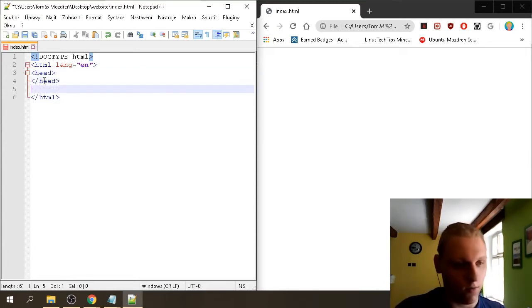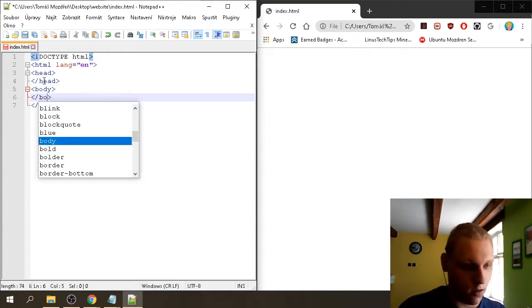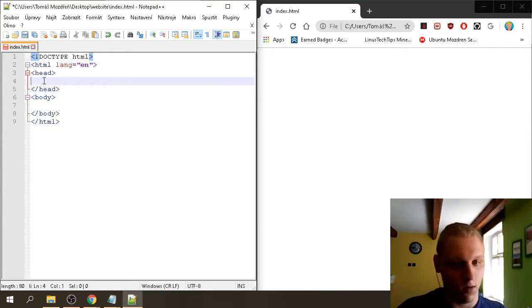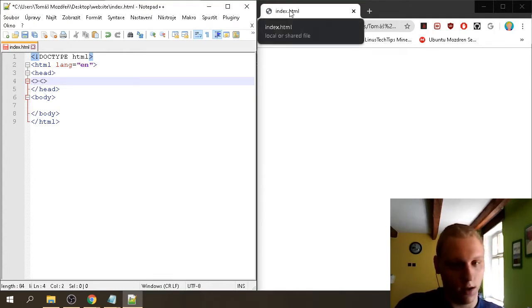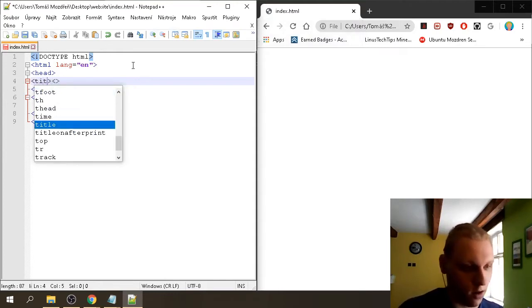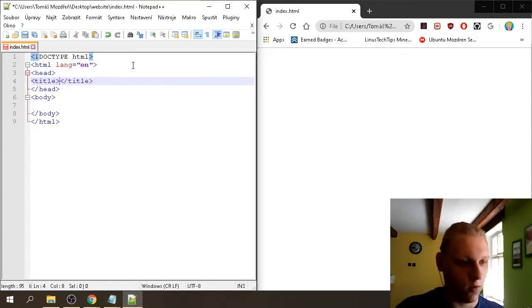So we have our head tags defined, and here we're going to define our body tag. Now our body tag is where all our text will be saved. So here I'm going to add the body tag real quick, and there you go, as you can see it's been highlighted. Now I like to add breaks in here so we can differentiate those two really easily. In the head tag we're going to add a title tag. What the title tag does is, I want you to pay attention to the title up here. As you can see, it says index.html. So what you want to type in here is title, and then here /title, and in between those two type in the title. So